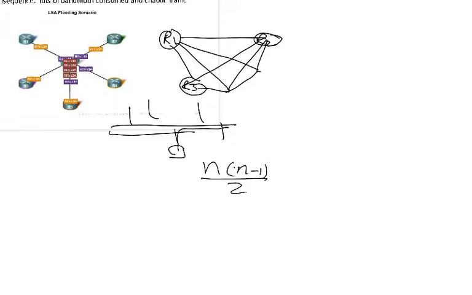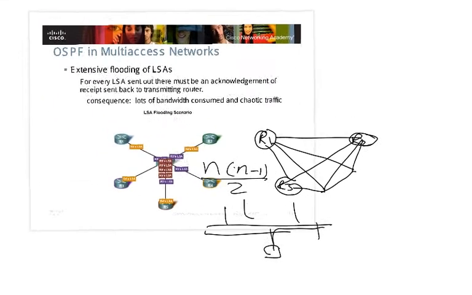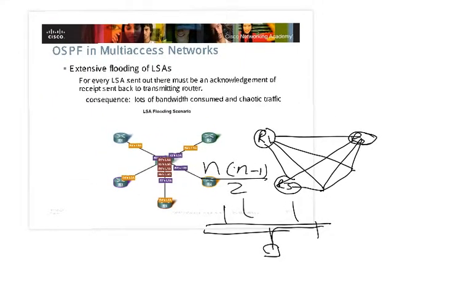That's what any routing protocol will recognize in terms of hello packets. For the hello packets, it will discover that you have n minus 1 neighbors. So each node will discover n minus 1 neighbors because of this topology. And this topology is the trickiest. So the problem now is that using the flooding mechanism for this type of network will create so much overhead. And as we discussed last time,